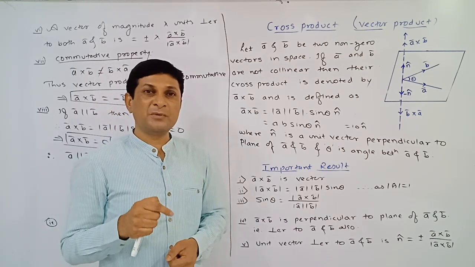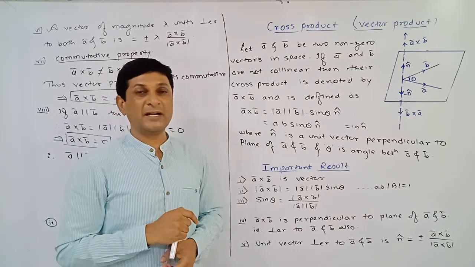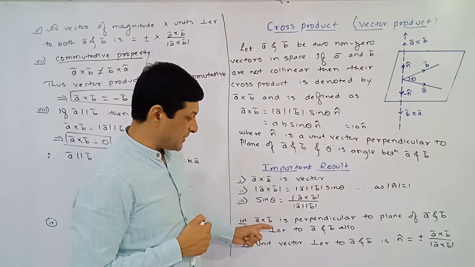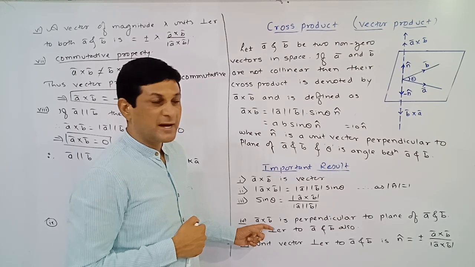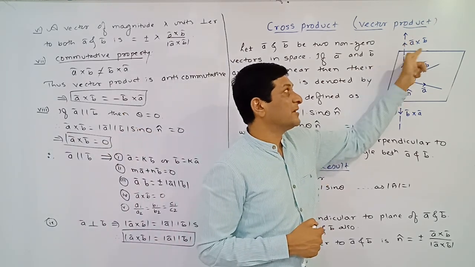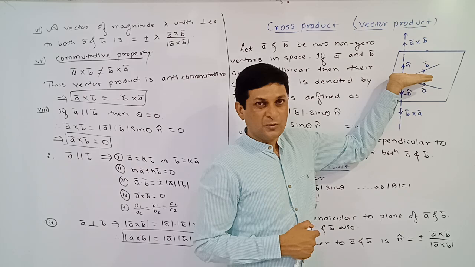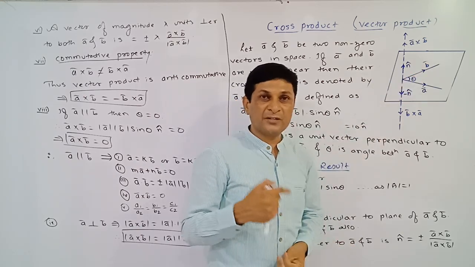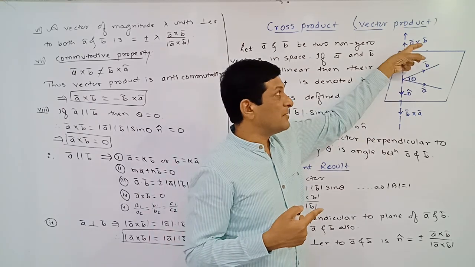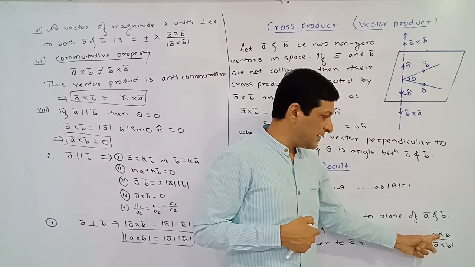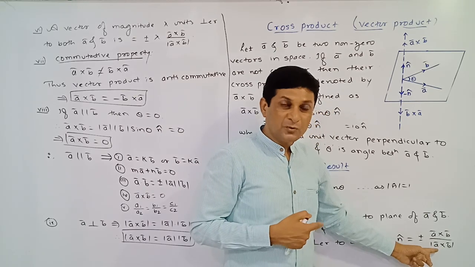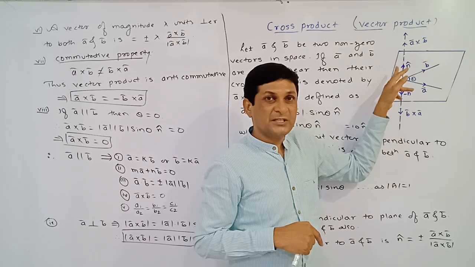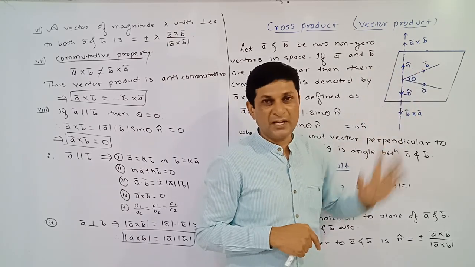Now, sometimes a question may be asked to find a unit vector perpendicular to a bar and b bar. At that time, to find the unit vector, the vector perpendicular to a bar and b bar, a bar cross b bar, is already known to us. And we are finding the unit vector. So to find the unit vector, we divide this vector a bar cross b bar by its magnitude. If we divide this vector by its magnitude, we will get a new vector, which is what? A unit vector in the same direction, meaning this unit vector is also perpendicular to a bar and b bar.